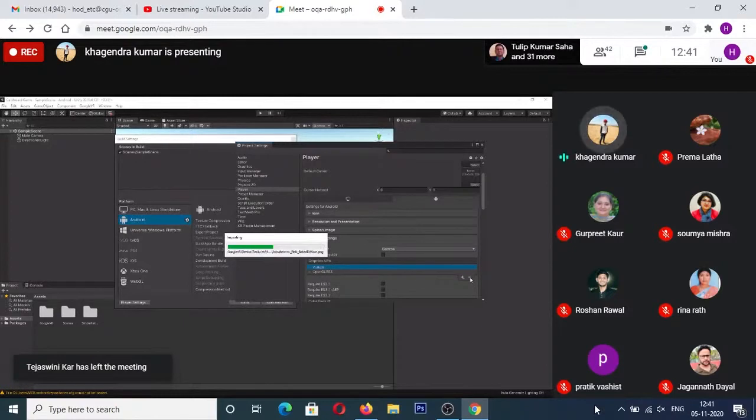Should I explain the process again? You have to click on the Build Settings. Under the same settings, there is a section for Other Settings. In Other Settings, you will have an option for Graphics APIs. In that, you select Vulkan and then click on the minus button to remove the Vulkan library. It will take a few minutes to remove it.